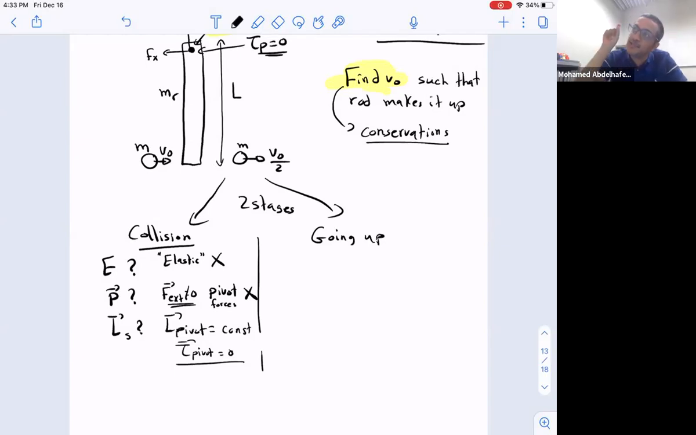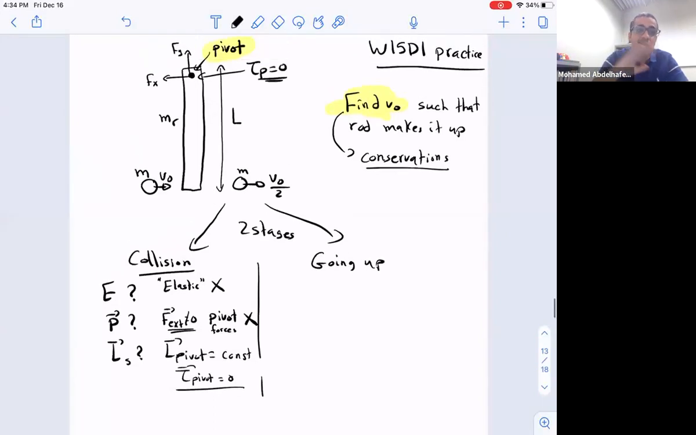If you have a pivot, it's conserved about the pivot only. It's not conserved about any other point, by the way. You cannot find any other point, because if you pick any other point, the pivot forces will create torque there. It's only the pivot where the pivot forces don't create torque. So angular momentum about the pivot is conserved, but angular momentum about any other point here is not conserved. You see that? So that's why the solution for the first stage is just conservation of angular momentum before and after the collision